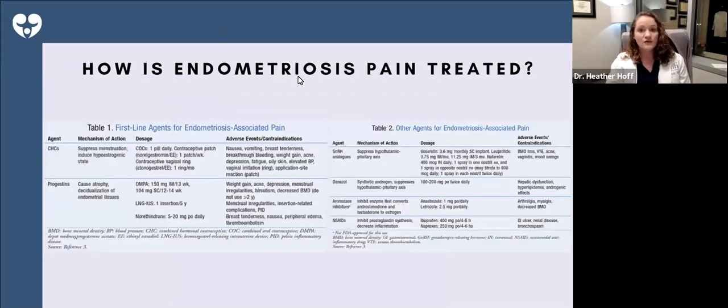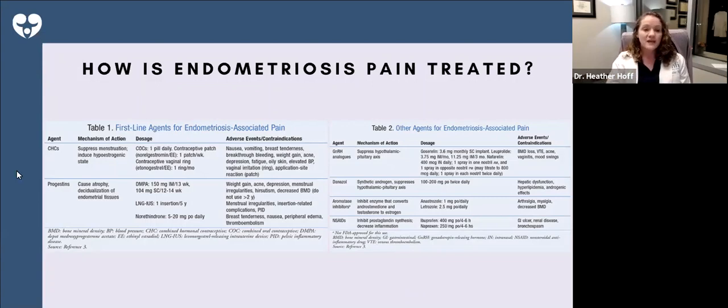So this is going over some of the options for treatment for endometriosis pain. Actually the last one listed here is the non-steroidal anti-inflammatories, and this is going to be the first line agent. This is going to help with the severe cramping during a menstrual period. This is your ibuprofen, Aleve, naproxen. Those medications can be very helpful in suppressing some of this inflammation and relieving a lot of that pain. So they work by a couple of factors there.